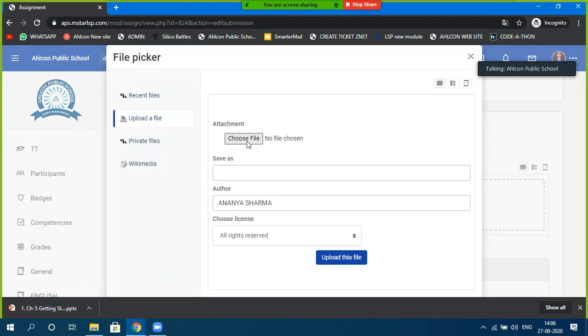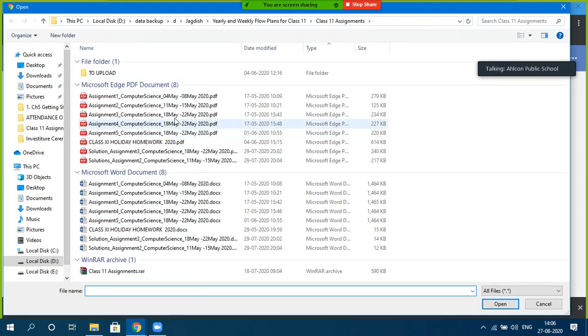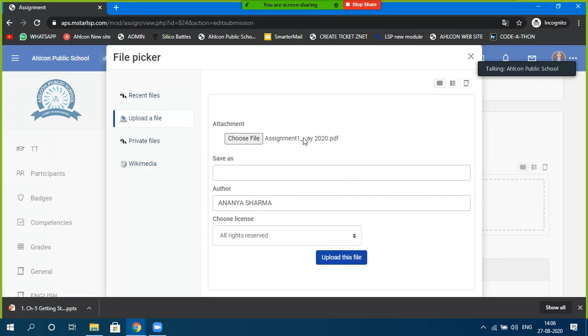Click on add new, choose file, let's say this file, and upload the file. So the file was created offline, and that file has been uploaded here now. The other way, you have that online text.